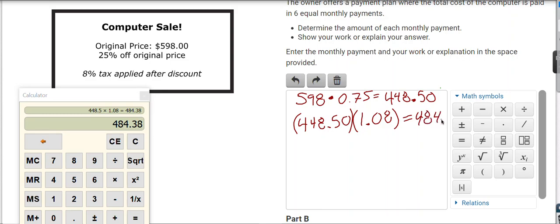And that gives me $484.38. Okay. All right, am I done with this problem? No. Oh man, what do I have to do now? Find the 6 monthly payments. So that means I'm going to take my, well, it's going to have to be another line because I'm typing it, right? So we have 484.38, and I'm going to divide it. You're going to have to use that little symbol here, or the slash, either one, and I'm going to divide it by 6. So divide it by 6, and I get,